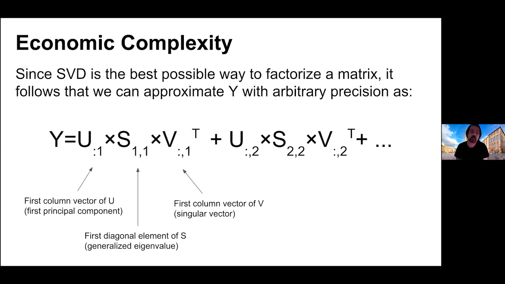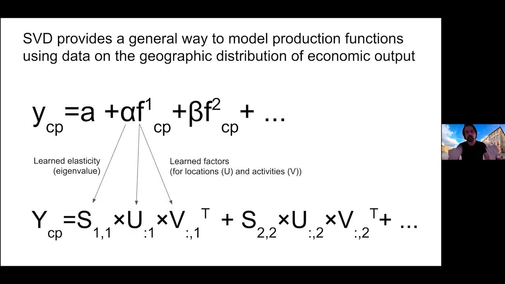Now, you want a model that has two factors. Well, you now add the second vector of the matrix U and the second vector of the matrix V, and if you add all of the vectors, you don't get any residual because this is a factorization. So you model the full matrix. Nice. So now let's put these two things together.